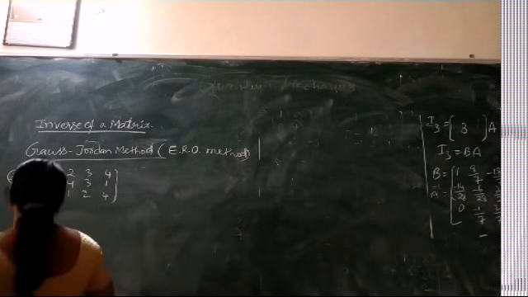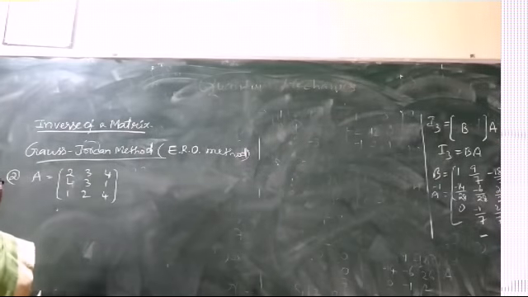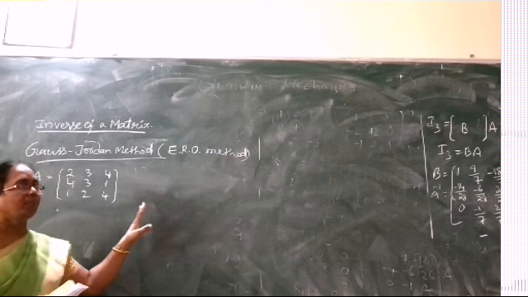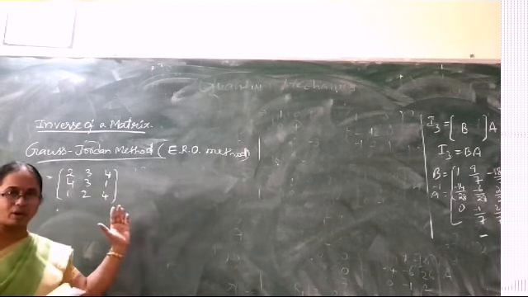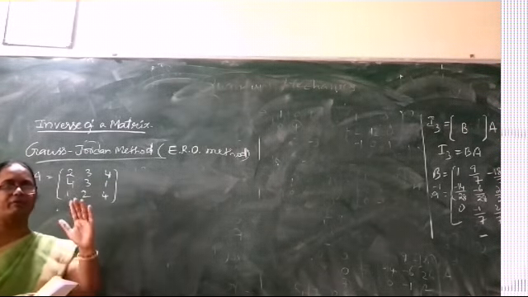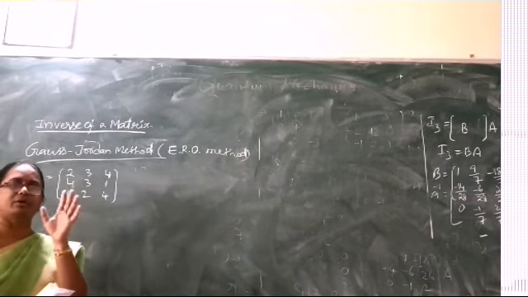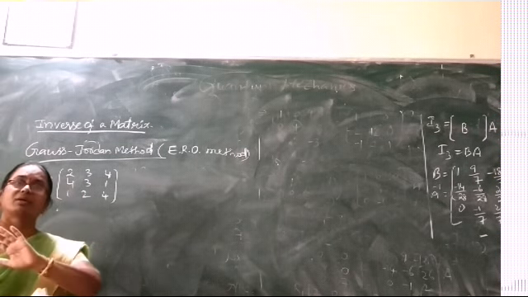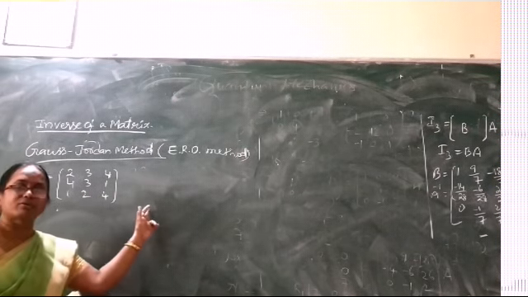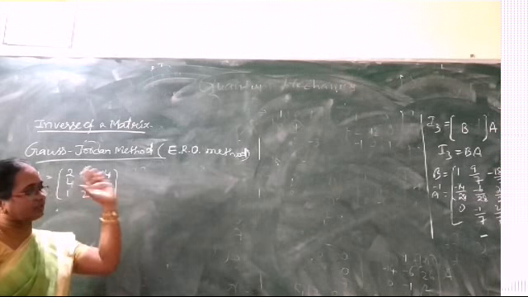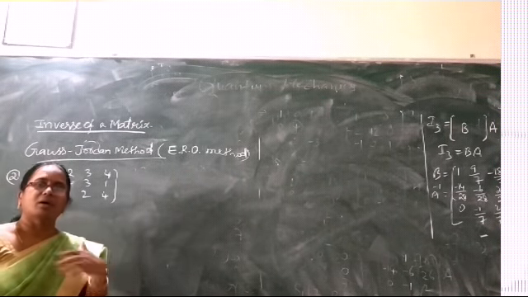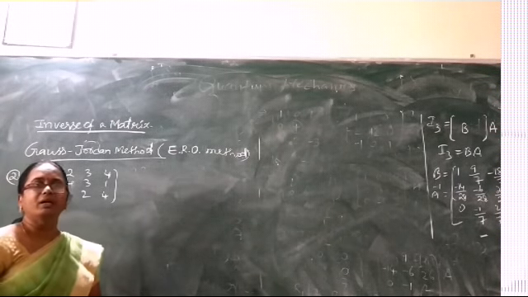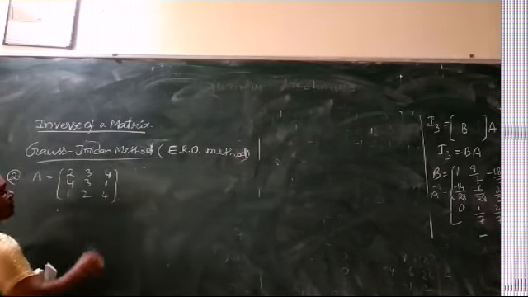Already the first problem we took as a 3 by 3 matrix. The second also I have chosen to be 3 by 3, because if we choose a 4 by 4 matrix now, it becomes difficult and you may get confused. Therefore, to make you understand the method more easily, I took the second example also with the same 3 by 3 order, and later on we can have higher orders, the 4 by 4, 5 by 5 matrices, and apply the same method for finding the inverse. So let us now concentrate on this.